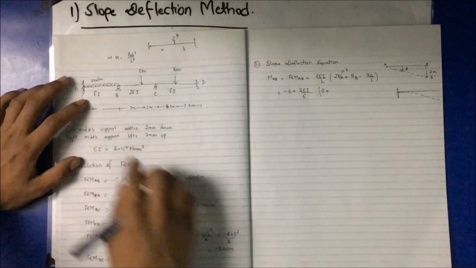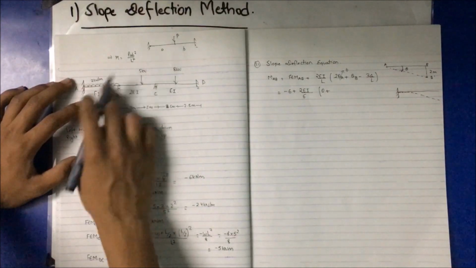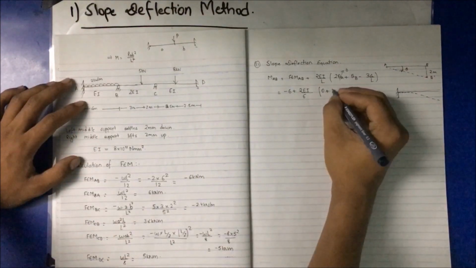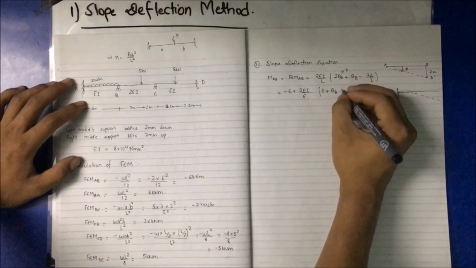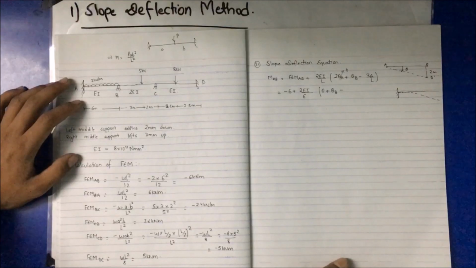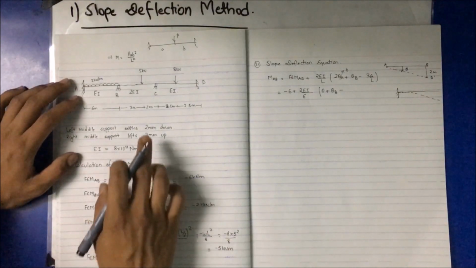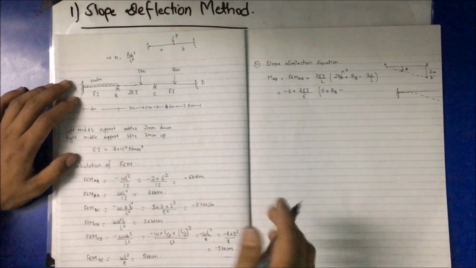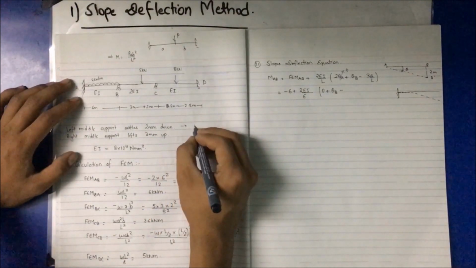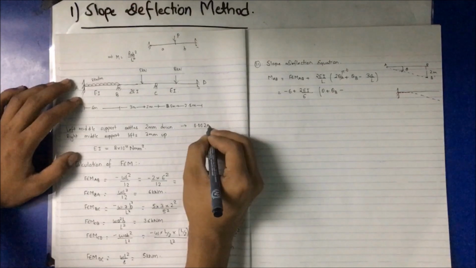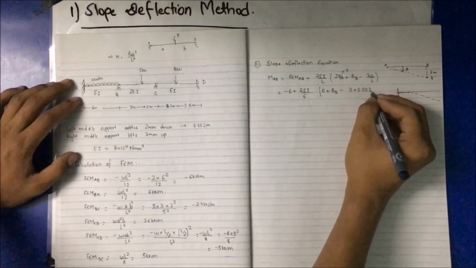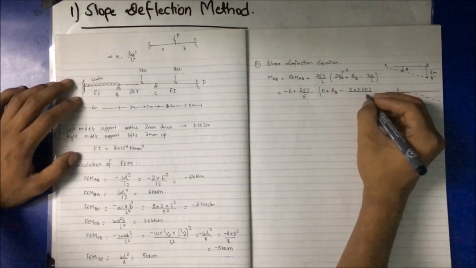Theta B, it is an intermediate member, so it will have a rotation, and theta B minus 3 delta by L. So we can substitute the value for delta here, which is 2 mm. That means by converting it into meter, we get 0.002 meter. So 3 multiplied by 0.002 by the length 6,